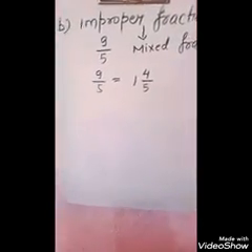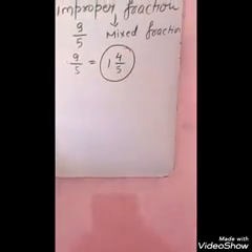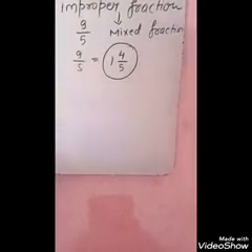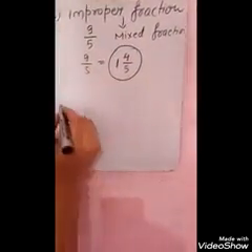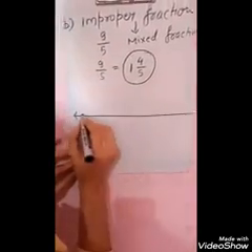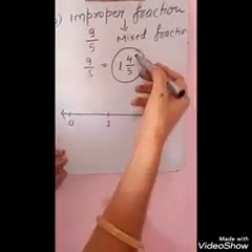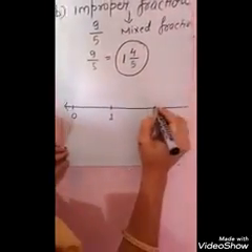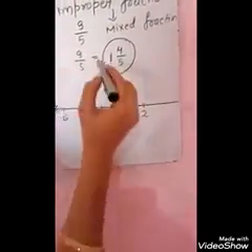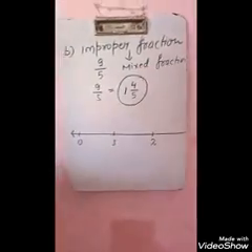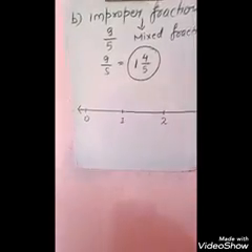1 whole 4 by 5. Now this is our number which we have to represent on the number line. Before moving to the number line, I just wanted to explain that this 1 whole means that this number will be anywhere after 1. 1 is the whole. After 1 it is 4 by 5. So it will be between 1 and 2. 1 is the whole, and then you have this proper fraction. So it is anywhere between 1 and 2.